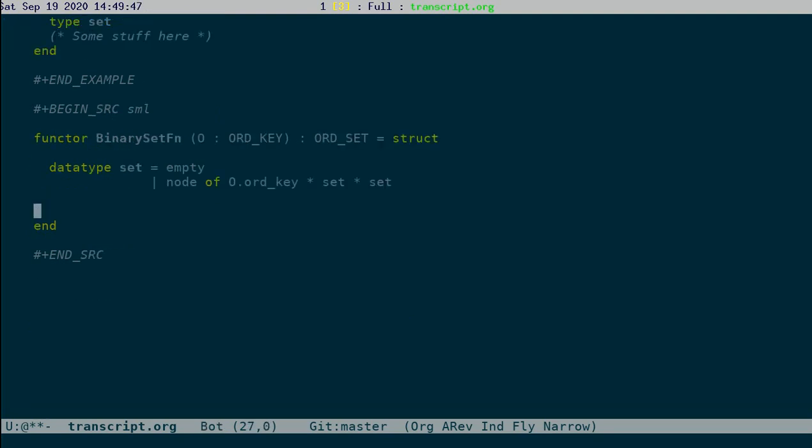And let's say you have the internal functions, external functions, like for example union. And let's say there are some internal ones.